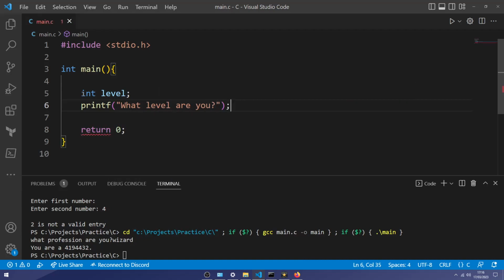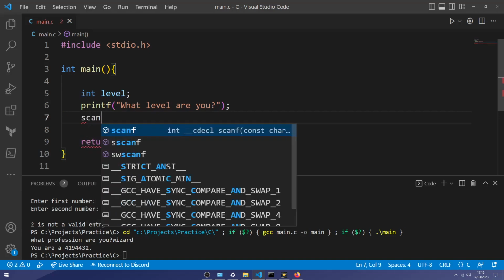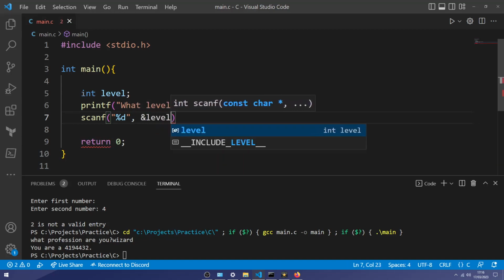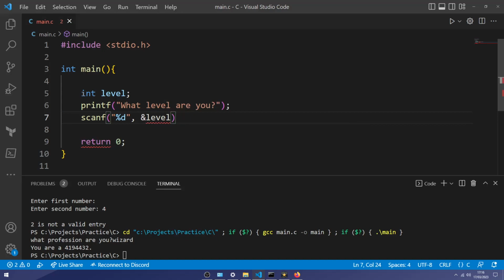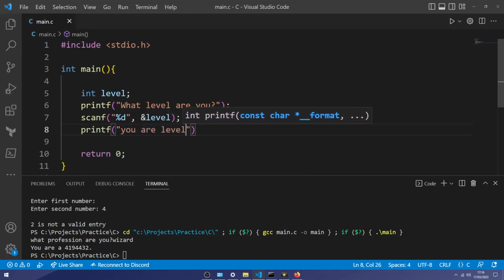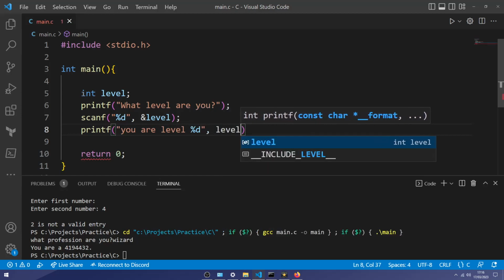If you ever played World of Warcraft, maybe you're on my channel a little bit, watching my Warcraft modding videos, we'll do an integer called level, and this one will say, what level are you? So it's going to expect that %d, which is the integer type. So it's going to say you are level. And now we'll type in 5. It says you are level 5.